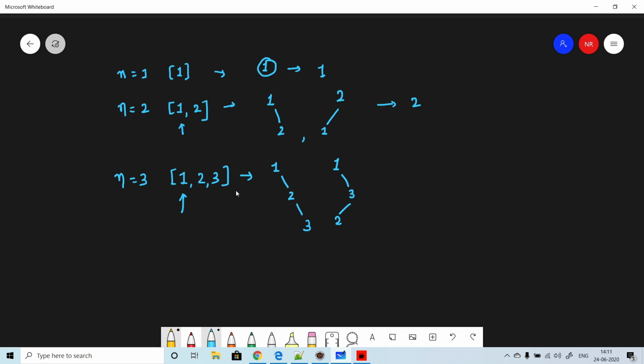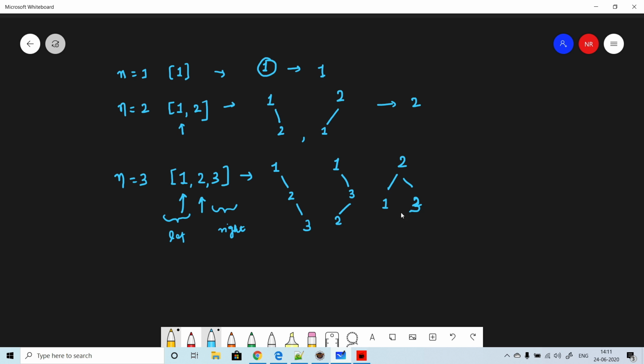So let's move to 2 and put 2 as the root. One combination could be this, with 1 and 3, because when 2 is the root, 1 is going to be on the left side and 3 on the right side. With 2 as the center, we may not have any other combinations.